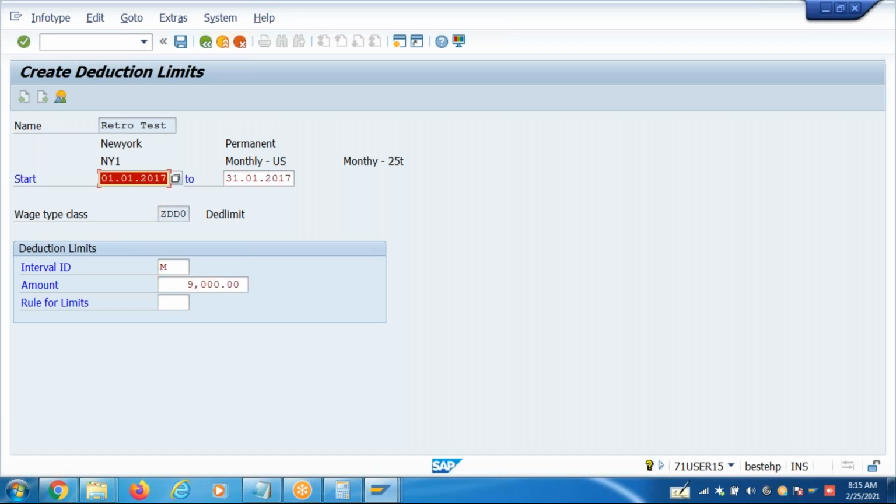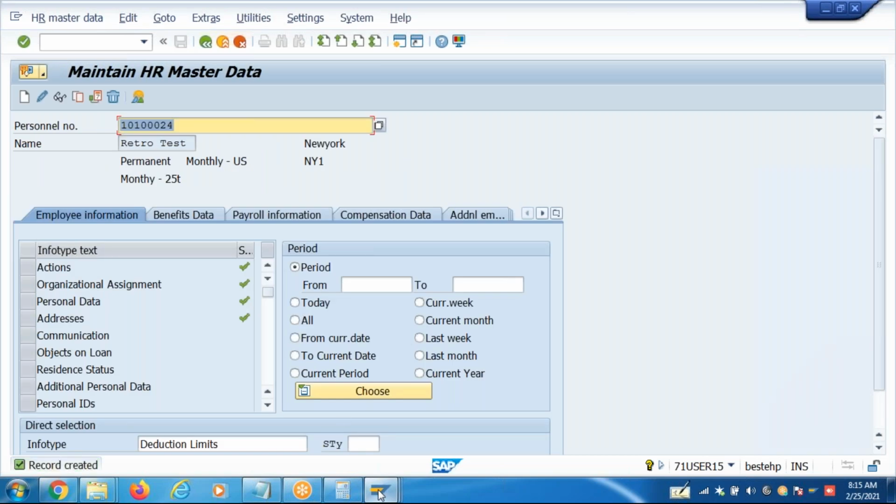So if you maintain an infotype, this limit is applied to only this employee. Clear? Okay, 165 is called individual limits. Either you can select a rule here, or maintain a fixed amount here. So this is the individual limits infotype, guys, whereas all other employees in the employee group have 8,000, but only this employee has 9,000. Check it.